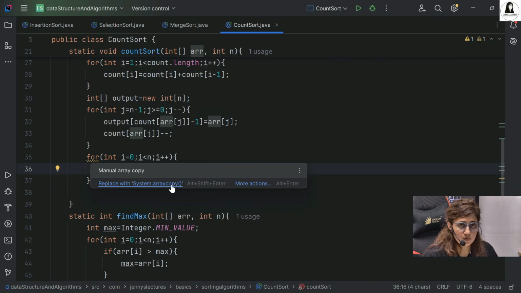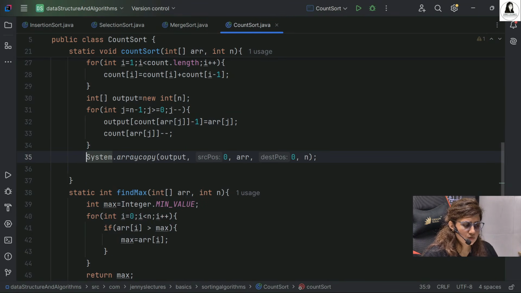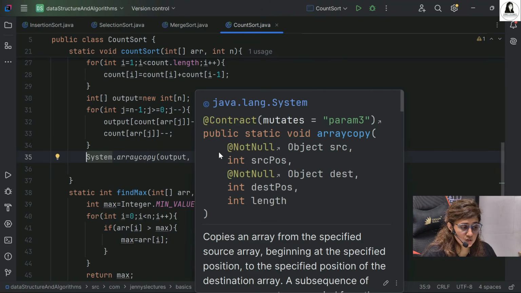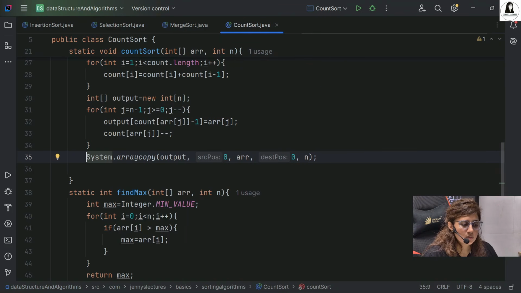Replace with System dot arraycopy. If you replace this, so System dot arraycopy, you pass output, that is the source, position from 0th. There we pass arr, from output array we are copying to arr. Destination position also starting from 0, and the length is n. So this also you can use.